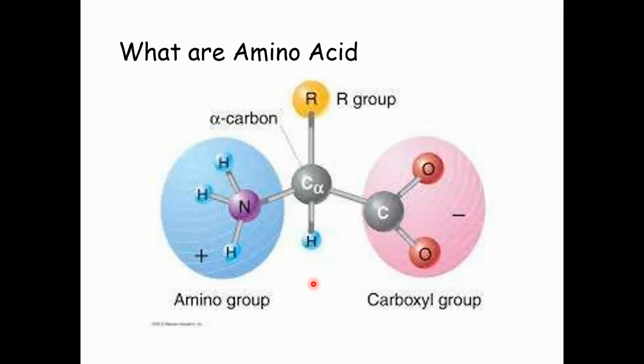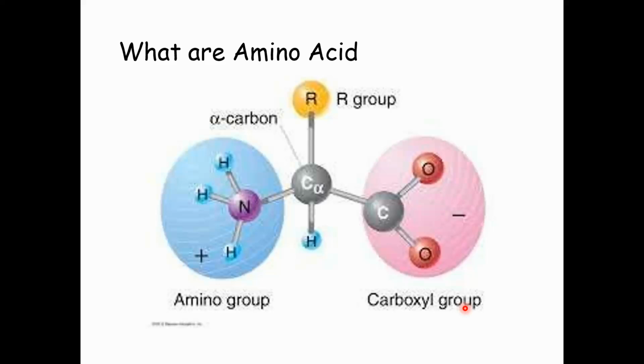And this R group is found to be different in different types of amino acid. So different amino acids are unique because of the differences in this R group. So here we understand completely what an amino acid is, how its structure looks, and what is present in this structure. So once anyone asks you how you define the structure of amino acid,